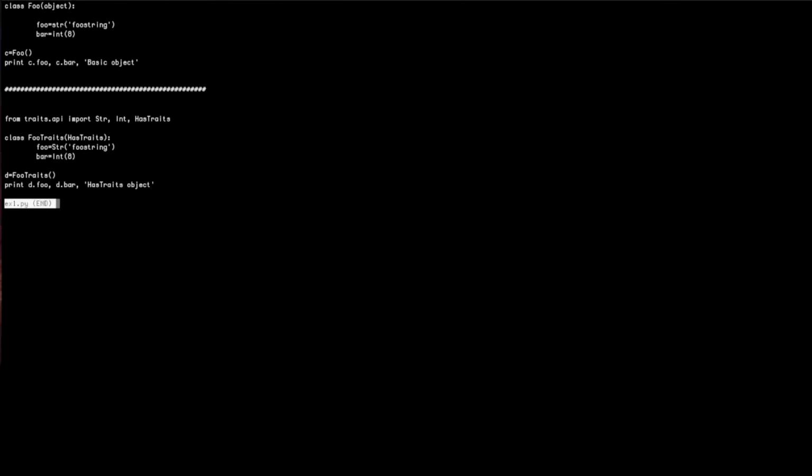Okay, so I'm showing the source for an example, and this is a very simple object. You can see on the top I have the standard Python definition for this object called foo. This object has a string and an int variable, foo and bar respectively, and they're initialized at the definition. Now on the